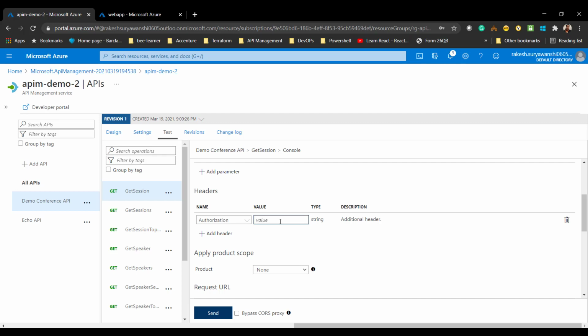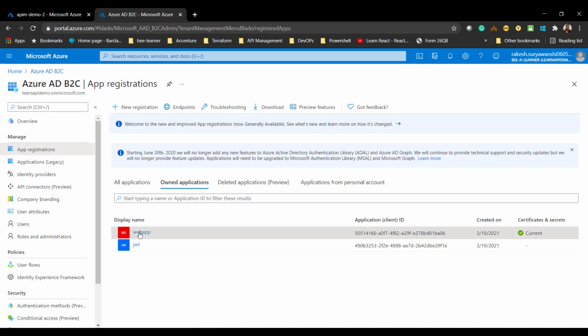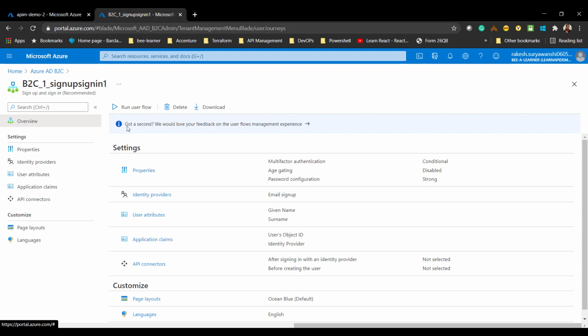To generate the B2C bearer token, I'll go back to the B2C, and now we are going to use our JWT application. So I'll go to the user flow and click on the policy.